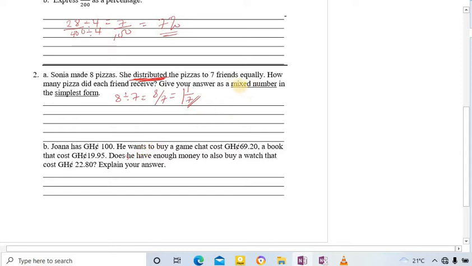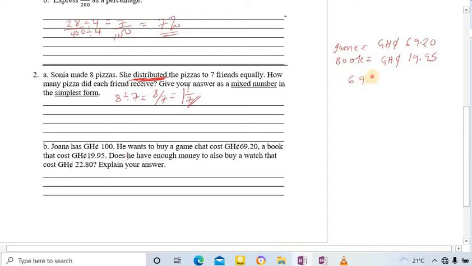Explain your answer. So the first thing is to find the cost: the game is equal to Ghana cedi 69.20. The book is equal to Ghana cedis 19.95. And then, if she buys these two things, that would mean addition of decimals,